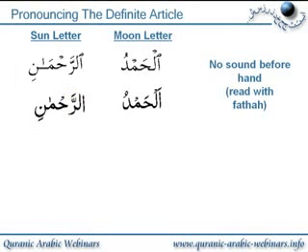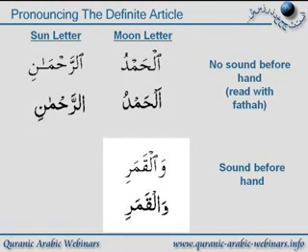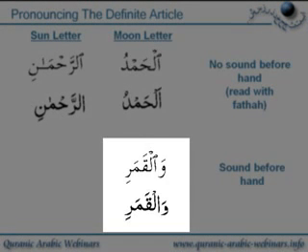Now we'll do the same thing, but this time we'll take an example where there is a sound before the letters, or before the words. So here we have the word again, and this is the word qamar, but we've got the word wa before it. So we've got the definite article, but before that is wa. So in this case, you now do not read the